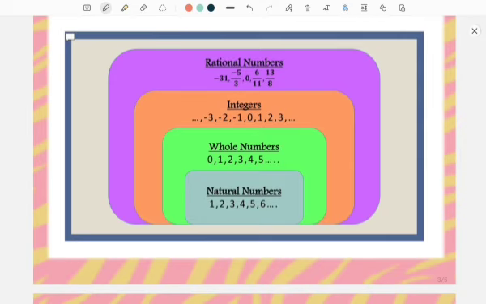Okay, so let's summarize what you have learned. Natural numbers denoted by capital letter N is 1, 2, 3, 4, 5 and so on. Then you have whole numbers denoted by W, 0 plus the set of natural numbers. Then you have integers, जो इससे बड़ा सेट होता है जिसमें नेगेटिव, पॉजिटिव और जीरो ऐड होता है. Then you have the bigger set which is rational numbers, जिसको हम Q से denote करते हैं, जिसमें सब फ्रैक्शनल पार्ट्स आते हैं, right. All the integers, whole numbers, natural numbers are all a part of rational numbers.